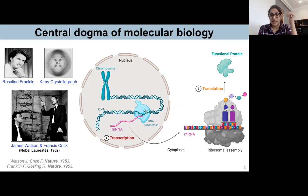In 1968, Francis Crick stated the central dogma of molecular biology, which explains the flow of genetic information. Here, the genetic information stored in the DNA is first transcribed into RNA. Now, this RNA moves to the cytoplasm where it undergoes translation to form the proteins, which are the functional units